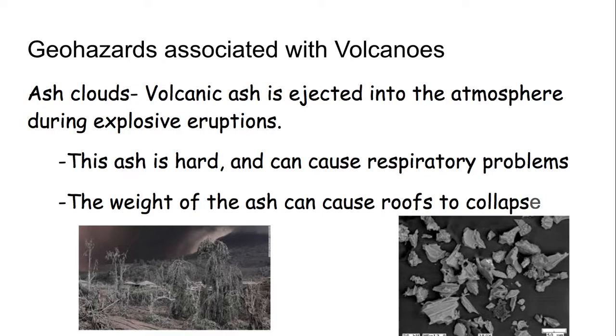Ash, there's also going to be a lot of it raining down from a volcanic eruption. It's heavy. So you can see in this picture, these are trees. I think this is in Indonesia somewhere. The ash has weighed down the leaves, and that's why they look kind of droopy and sad. If this were to pile onto the roof of a building, depending on how that building is made, the roof might not be able to support that weight, and it could collapse, and that's another danger.